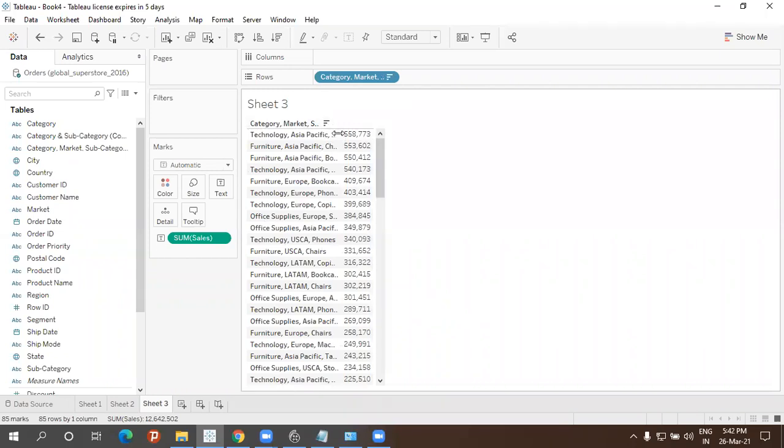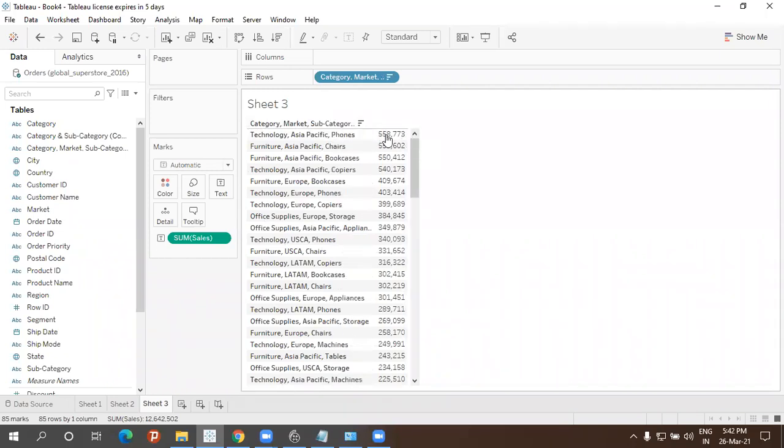Is that clear for everyone? I hope all of you understood this one because it's a very easy concept, and in real time it is more important. Visualization is nothing but how we present our work to them. We have to give the best appearance for our customers. Based on the questions or their requirements, we have to make the visualization however they want. Is that clear?